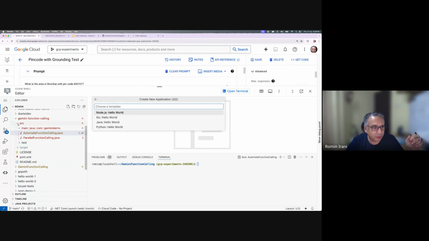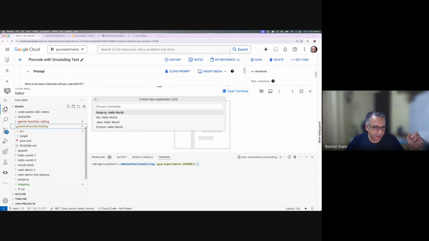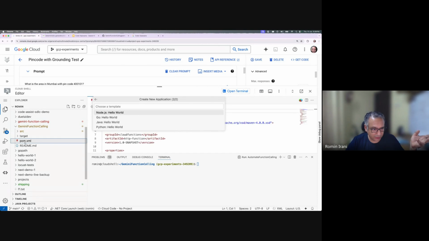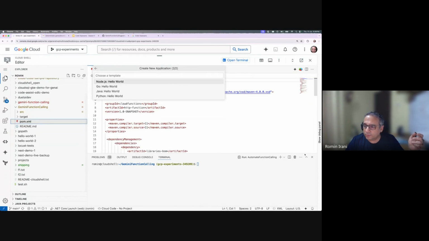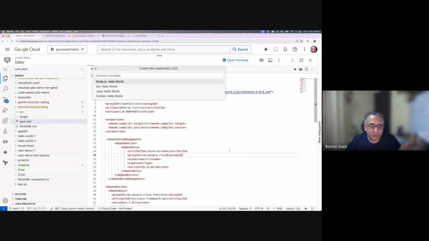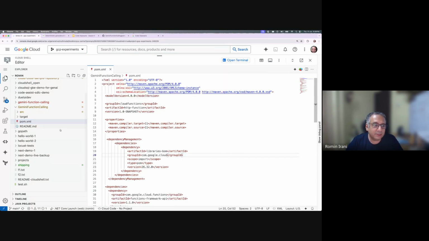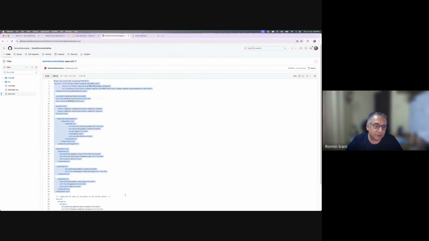So take this entire pom.xml and put that in the project. I'll open up my project also. Gemini function calling, I'll just close this. This is the project that's created. So this pom.xml, which you see, let me minimize these things a bit. Just make sure that you take this pom.xml from the repository. Just take the whole thing and copy that. This has all the